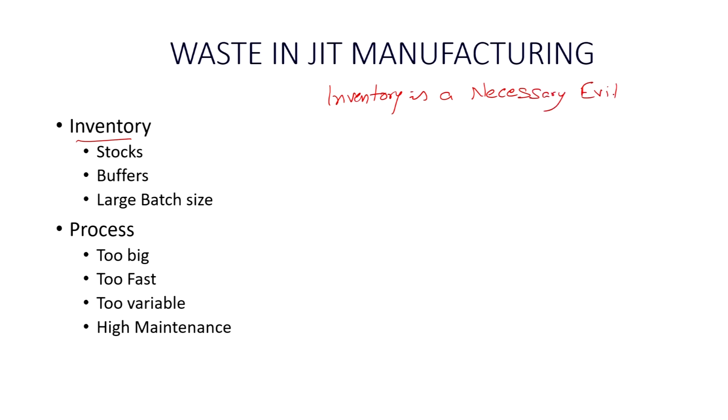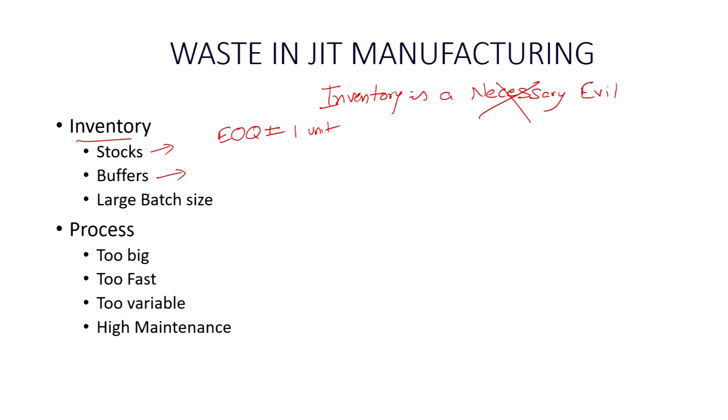So, what is meant by this? If we say that inventory is a necessary evil, in JIT we say it is not necessary; we can work without inventory also, or we should try to develop a system where we can work without inventory. In JIT we say that inventory is evil, we should not keep it. That is possible only if we are able to reduce the ordering cost. Even purchasing 1 unit is economical, my economic order quantity is equal to 1. If I can do that, that is the best thing.